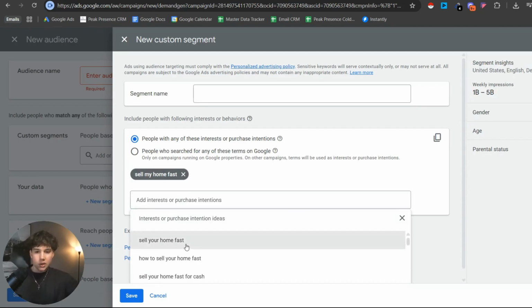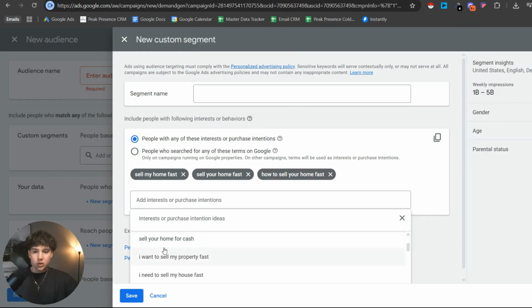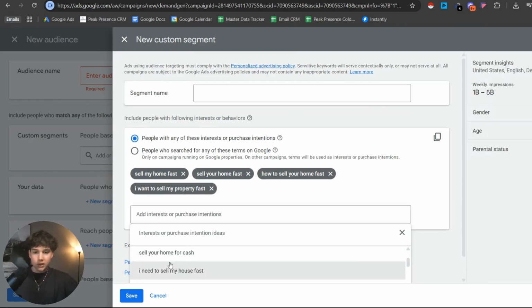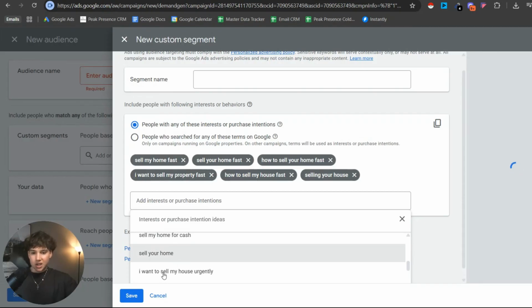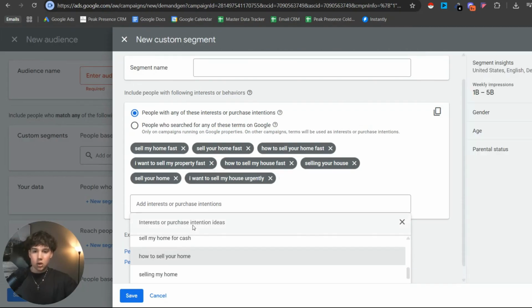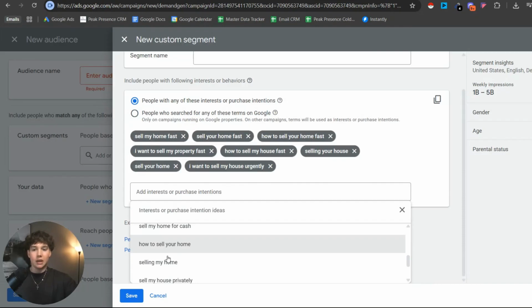So it's going to give you all of this stuff that people are looking up, and you're just going to click these. So anyone who looks up anything similar to this, those are the people we're going to target. So see all this stuff. I want to sell my home urgently. Those are the people we want. So anyone who looks anything like this up,